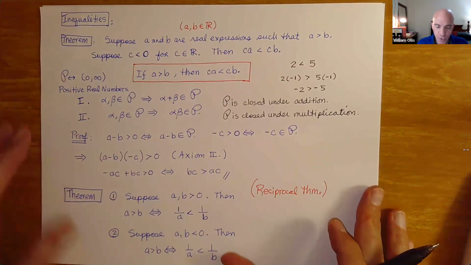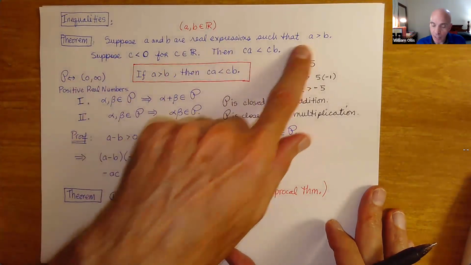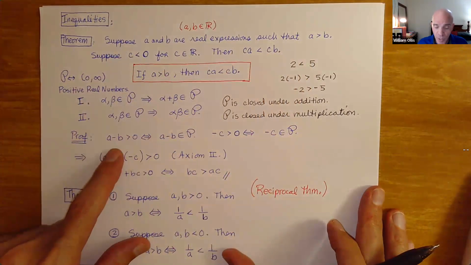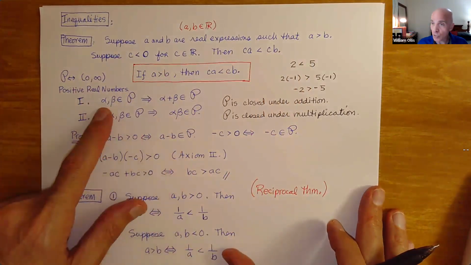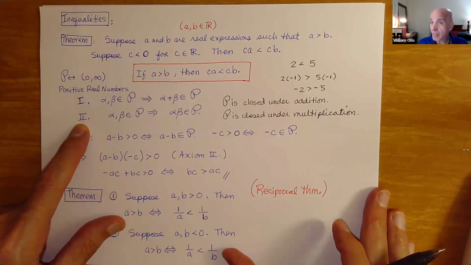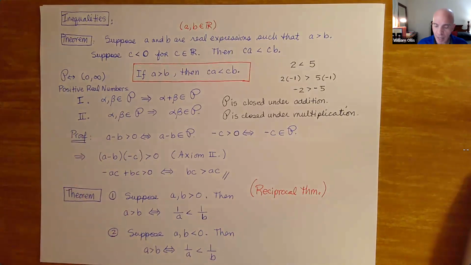Now, to prove the result about multiplying the inequality by the expression less than 0 reverses it really just requires us to use the axiom 2 from the set of positive real numbers. So let's just look at this, and I think you'll be astonished as to how simple this is, but it is a little bit subtle, and like I say, we need to start somewhere so we can start building